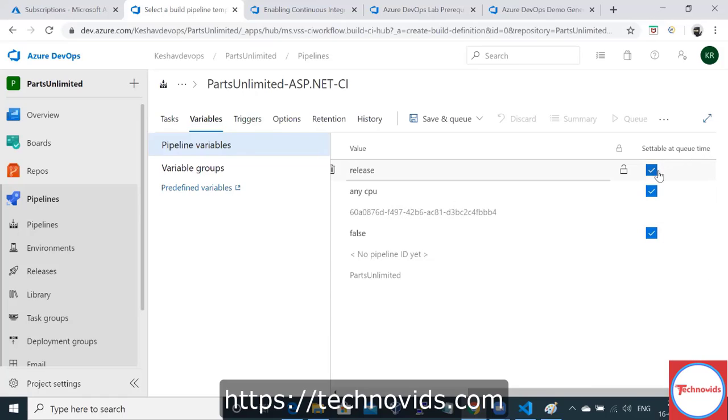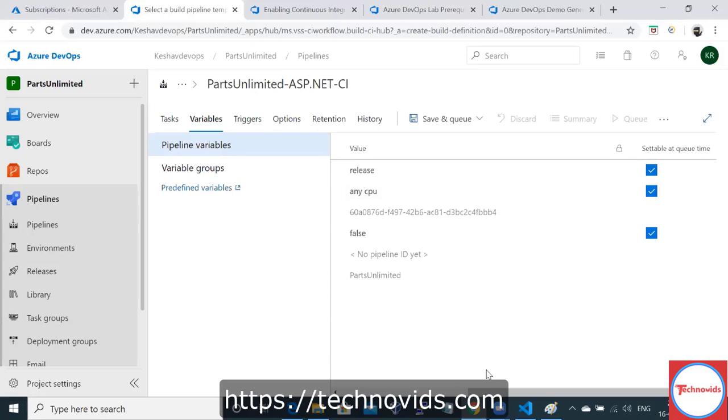If you check this box, the value of that variable will be asked of you when you queue the pipeline.